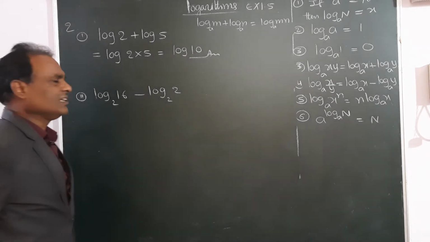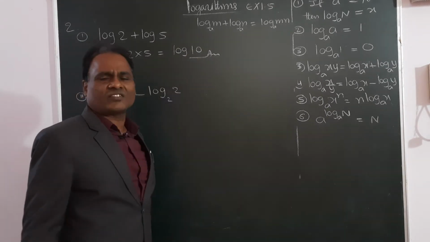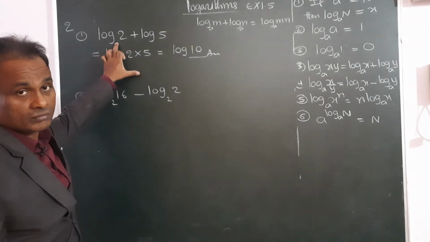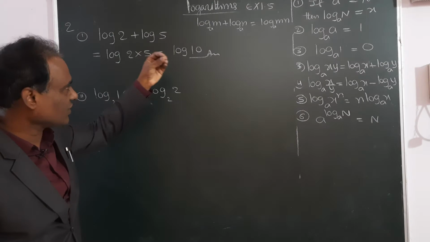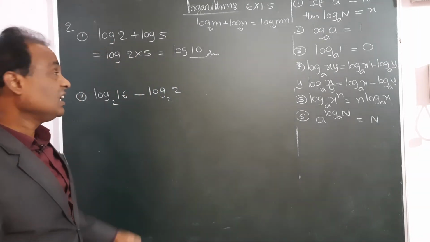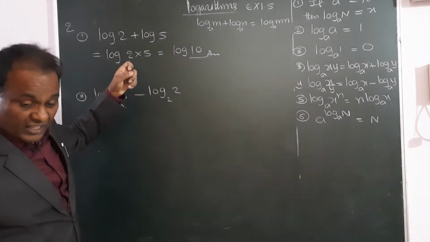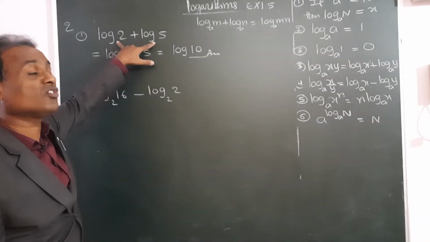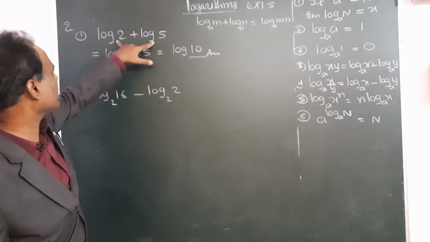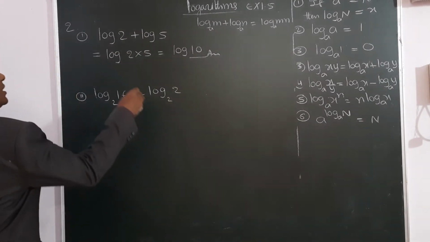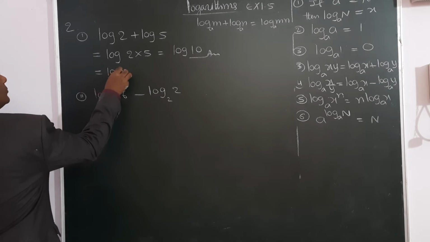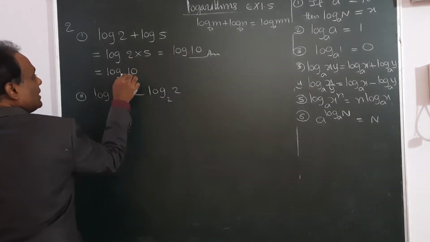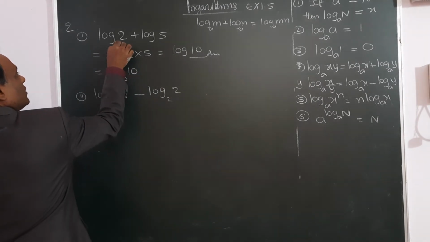But actually, in the answer, this may be further simplified. Actually, the base should be mentioned. The base should be given here, otherwise we can't simplify further. This is the answer, over. But generally, in this problem, it is considered that the base is 10. It should be mentioned, but unfortunately it is not given. So if it is not given, it is base 10 only. So that means log 10. What is the base here? 10. If it is not mentioned, it is 10.